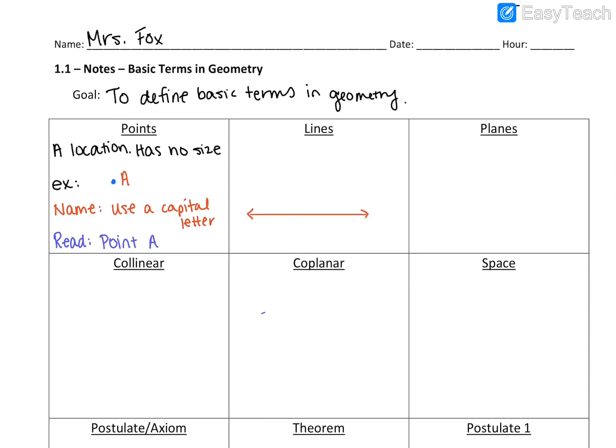Okay, so now how we are going to define this line is going to probably be a little bit different than how you've defined it in the past. Because what this line is, it's a series of points that extend in opposite directions without end. Okay, so this is just a series of points that extends one direction, and to the opposite direction